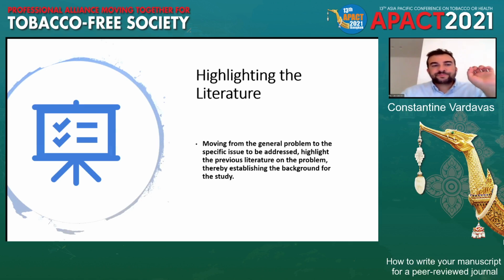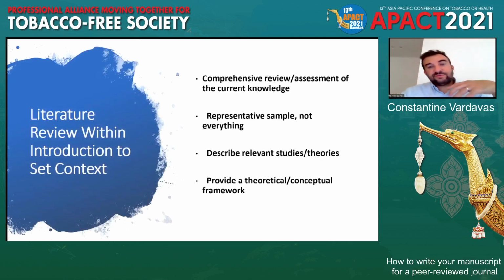It should be short. The literature review within the introduction should provide a review or assessment of the current knowledge, but not a systematic review and not a literature review that is too detailed. You don't need 3 pages of introduction to show that secondhand smoke is bad. You need 1 paragraph. So think of it like that. The studies should be representative of what is in the literature, or a few key studies, but you don't need to reference every single study. You'd reference the studies that are more relevant.